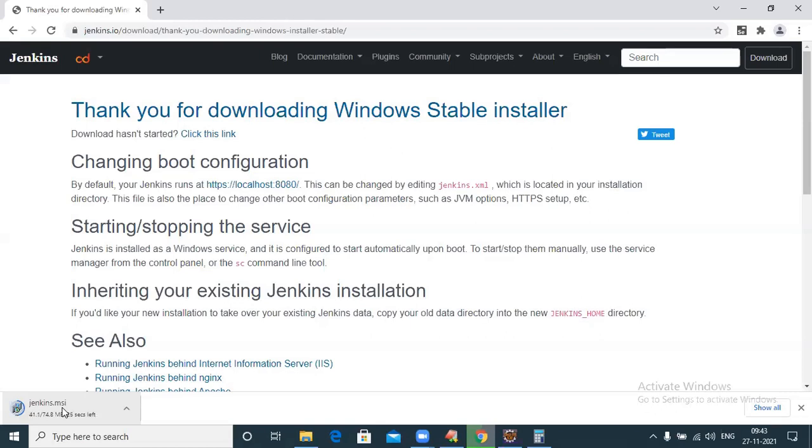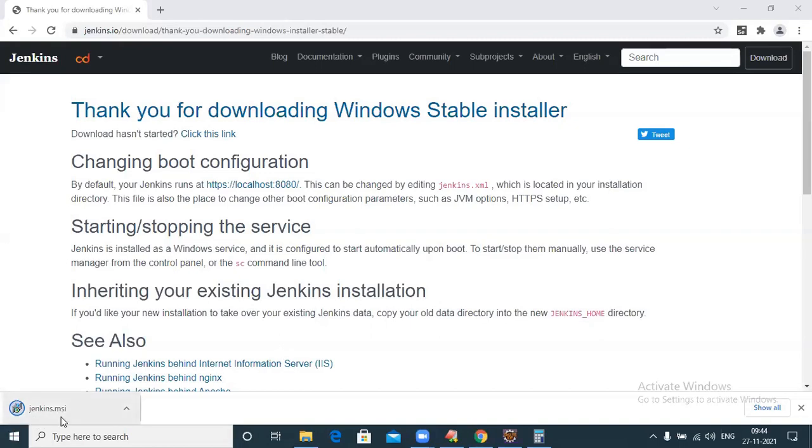Wait, once it is downloading the Jenkins.msi file. Manoj, are you ready? Your system, Manoj, are you there? Babu, I hope you are, because in your machine it is already installed. Okay, okay. Sir, one of my students, Manoj, already has it installed in his machine. My machine has some problem. In his machine, I will show how to give integration and everything. But I will tell the process also.